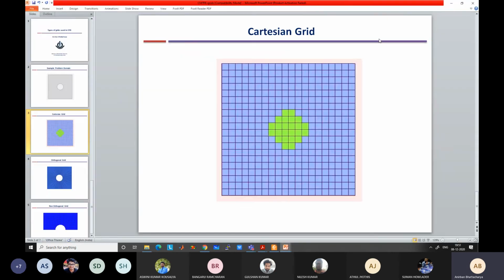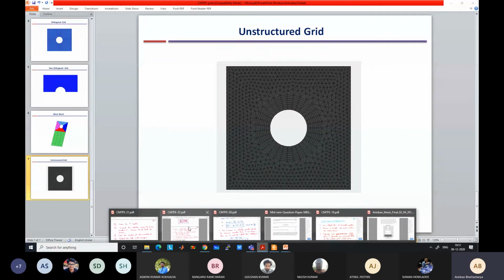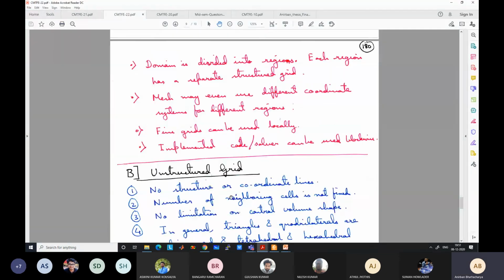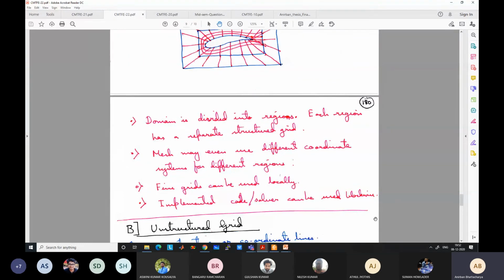So let me formally discuss what an unstructured grid is and what its advantages and disadvantages are. So what are the advantages of structured grids? One is that implementation is very easy, I mean, very easy as compared to unstructured grids. Equations are simple to write. You can write the derivatives easily. You can write in a structured form. You can calculate using metrics, 2D or 3D metrics. So implementation is easy.